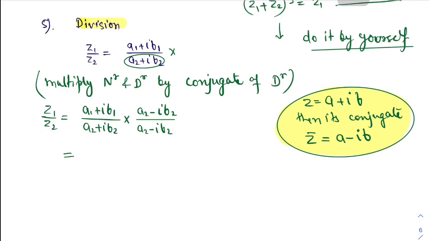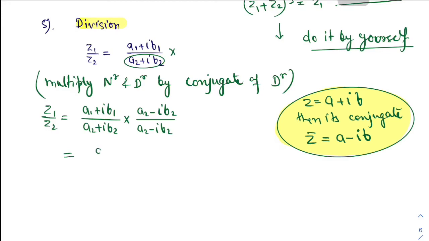So after multiplying numerator and denominator by the conjugate of denominator, the whole thing converts into multiplication. We will multiply numerator with numerator and denominator with denominator. The very same thing we also do in real numbers, okay? If I say multiply 7 by 8 into 9 by 10, what will you do? We will do numerator into numerator, that is 63, divided by denominator into denominator, that is 80. So here also we are going to do the same.